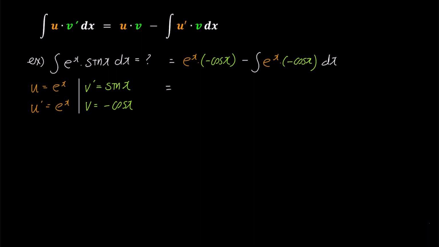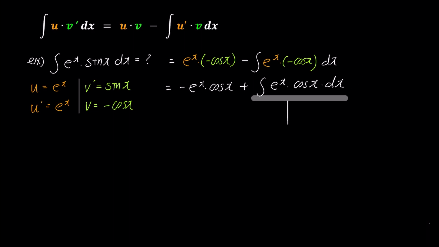When you simplify the minus sign, the formula becomes negative e to the power of x times cosine x plus integral e to the power of x times cosine x dx. Something doesn't seem to have been simplified, and it looks like only sine x has been replaced with a cosine x. Now, let's try to solve this integral again with the integration by parts. Let's set u equals e to the power of x, and v prime equals cosine x, as we did before.